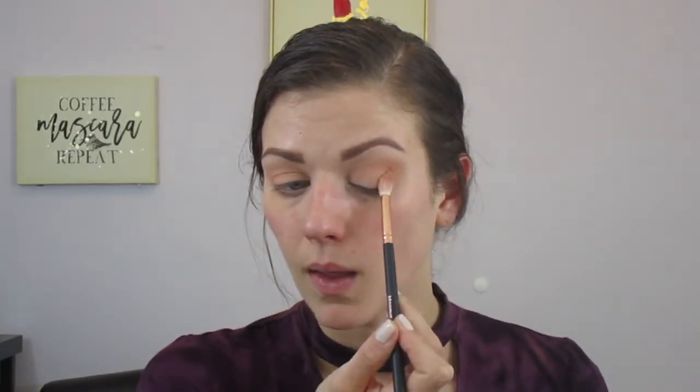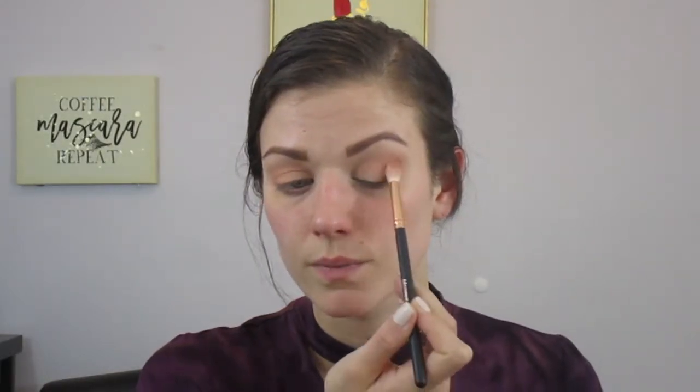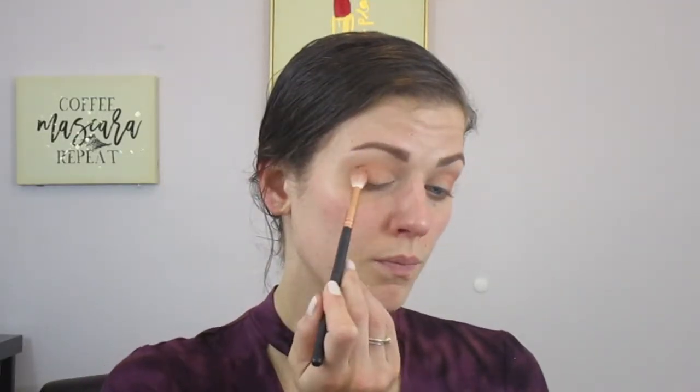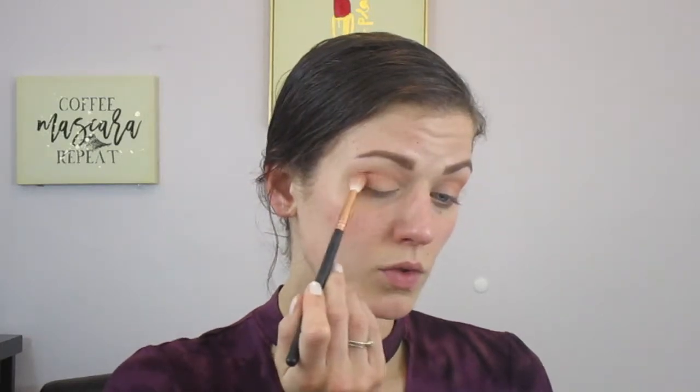And then on that same brush, I'm going to take Wake Up Call by ColourPop. It's a little bit more of a neutral brown shade, and I'm going to focus this closer to below that crease really. So same brush. You'll see I'm patting it in that outer edge and bringing it to the crease. I'm more actually stamping this color on the outer edge, sweeping it slightly into the V. Honestly, I would go in with a different brush, but...